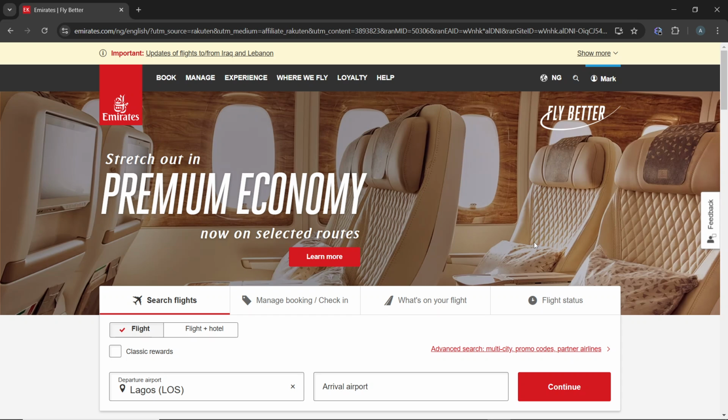emirates.com. Then, once you get in the website, just follow through with the on-screen prompts to create your account if this is your first time on Emirates, or to sign in using your existing login credentials. Now, once you have logged in,